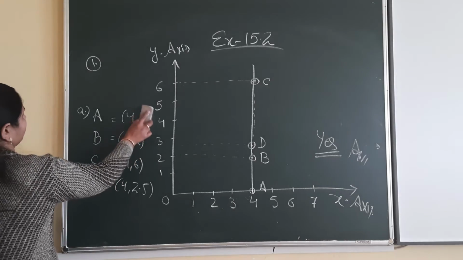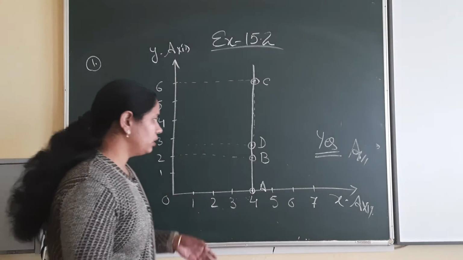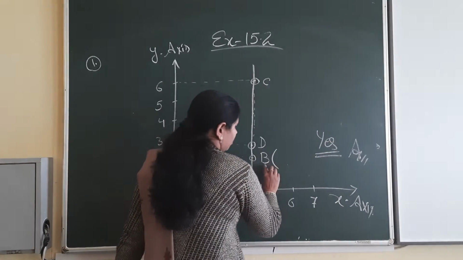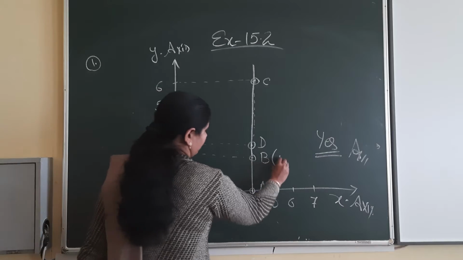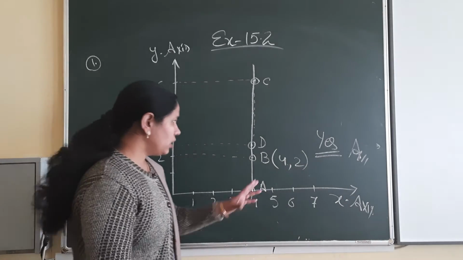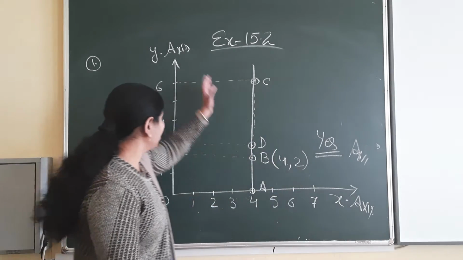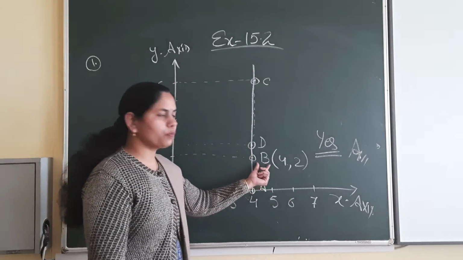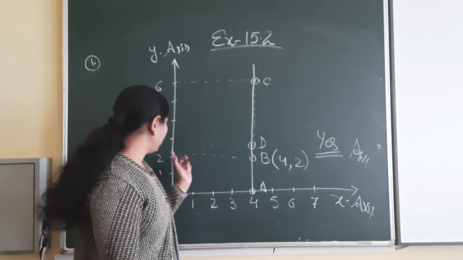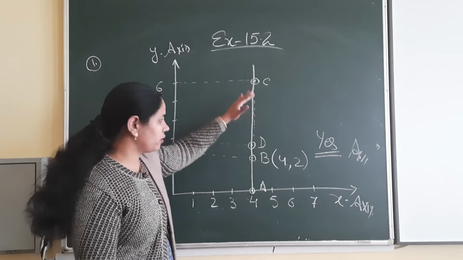I am taking now question number 2. And why I told you that this coordinate tells us about the position of any point. Here point B. What is the coordinate here? 4, 2. Right. If someone is telling you B is at the point 4, 2, then with the help of this graph sheet, you can locate this point very easily. Because you know about x coordinate, you know about y coordinate. After joining them, you can locate this point B on the graph paper.